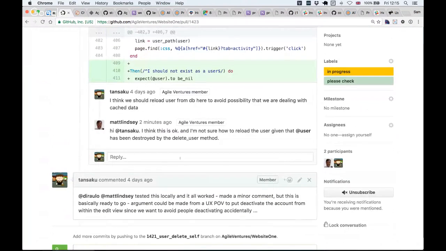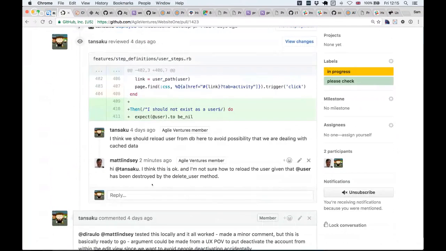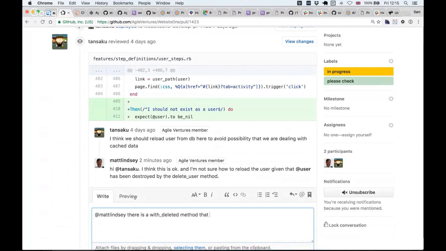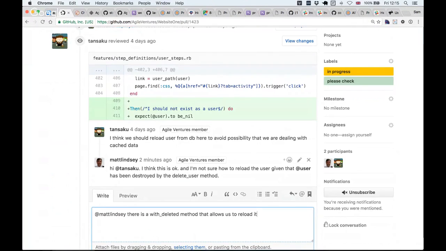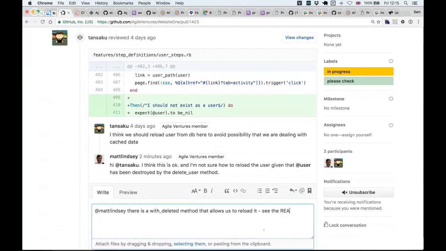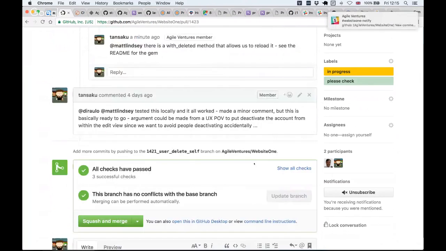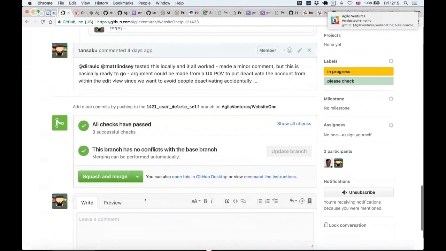asking how to reload the delete user method. Can I answer his question there and say, Matt, there is a with deleted method that allows us to reload it. See the README for the gem. It's like user.with_deleted, right? Right. That lets you, Matt,